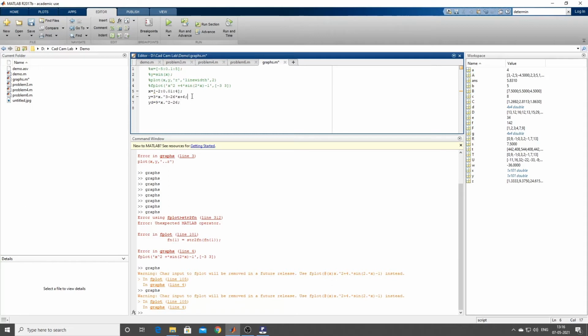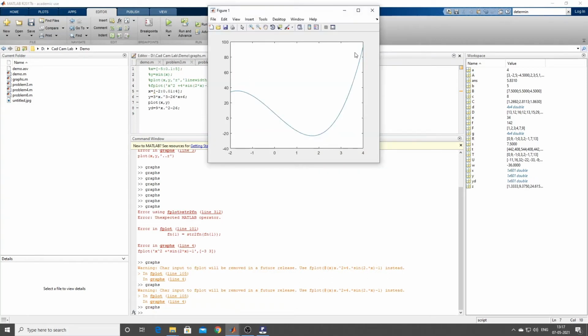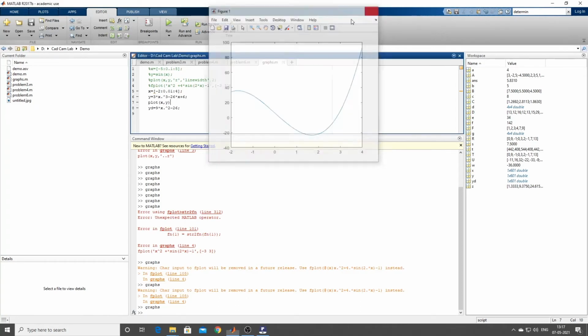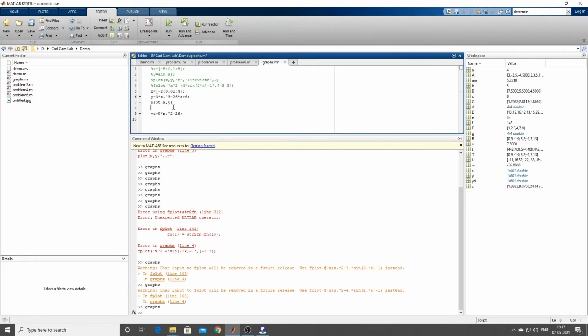Now what I want is, say, plot of x comma y. Now you just see here what I'll get. I have got this graph, y equal to x comma y. Now with this graph only I want to plot what the differentiation graph will become. So for that you please give enter, and type the command hold on. So you give enter, again after that yd, plot of x comma yd.